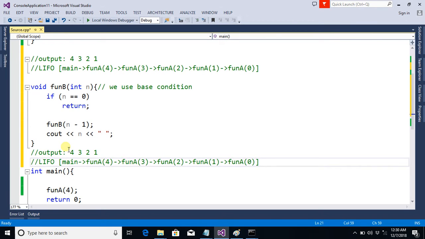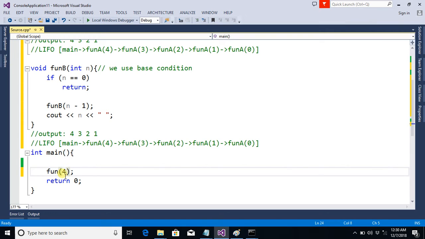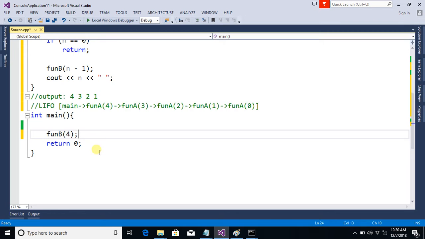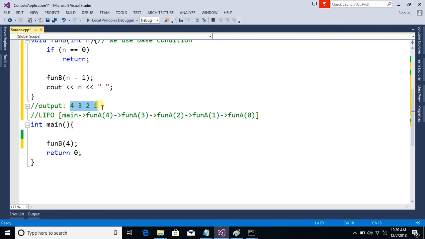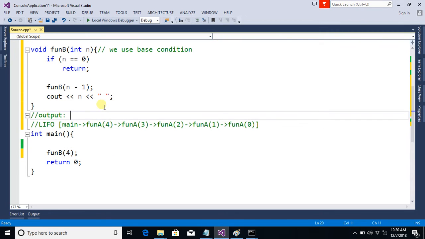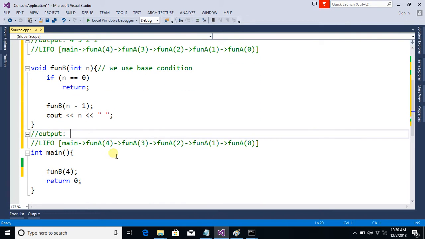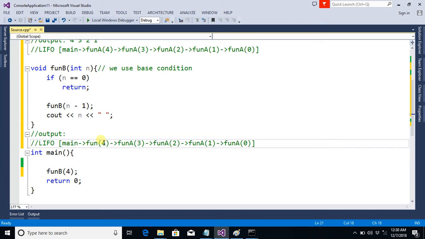I call function B. So here the recursive calls will be just the same as here: main function, then function 4, function 3, function 2, function 1, and function 0. But the difference is that when function 4, function B, is again B,